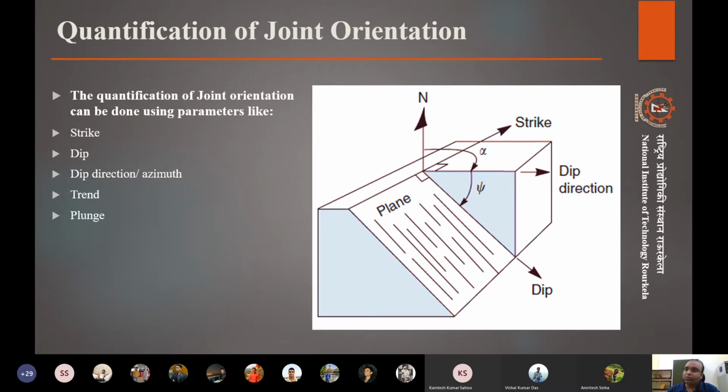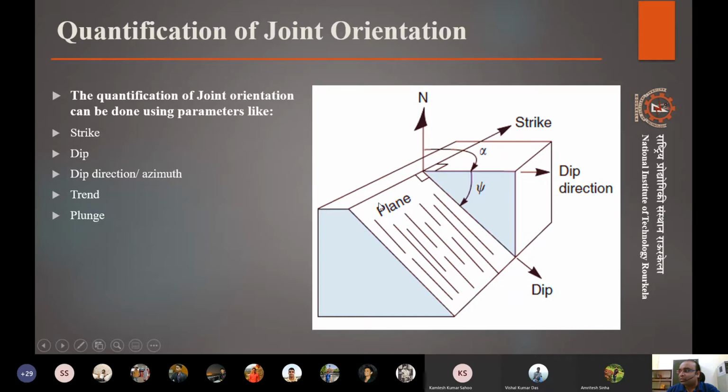Based on your previous study, you might know the strike, dip, and dip direction, but just to give you some idea: the movement of the plane along the surface or along any outcrop basically tells us how the plane is moving.